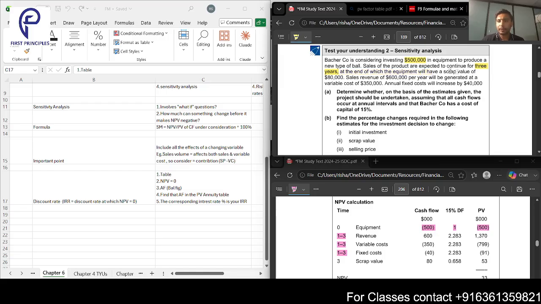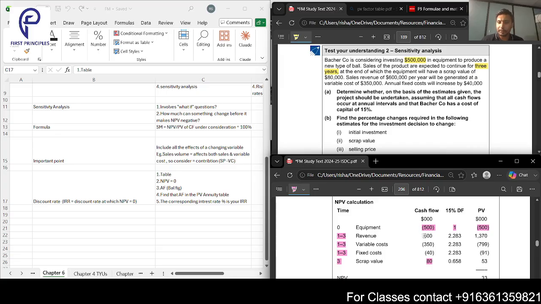Now let's say at the end of the third year we'll have a scrap value of 80,000. Last is scrap value at the end. So at the end of year three, we'll have a scrap value, which is again an inflow. So 80,000 will be a scrap value. Easy. Okay, now we look into the numbers: sales revenue of 600,000 per year will be generated, and variable cost